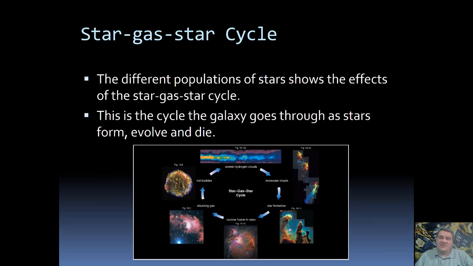The different populations of stars actually show us the effects of what we call the star-gas-star cycle. This is the process where stars form from the interstellar medium, they burn, and then they eventually die, sending that material back out